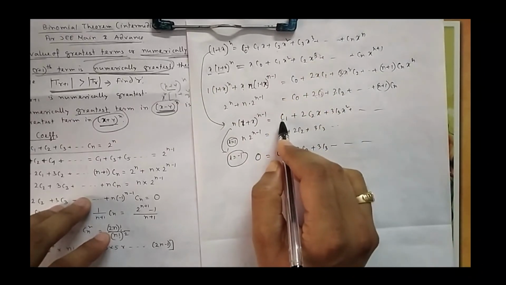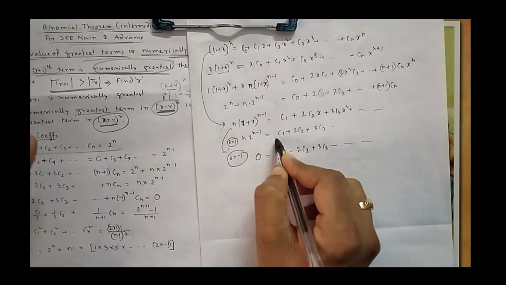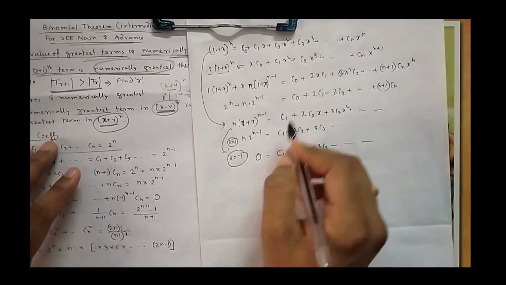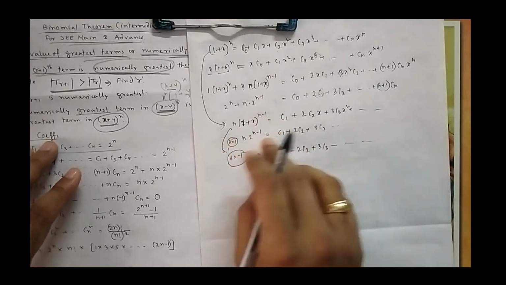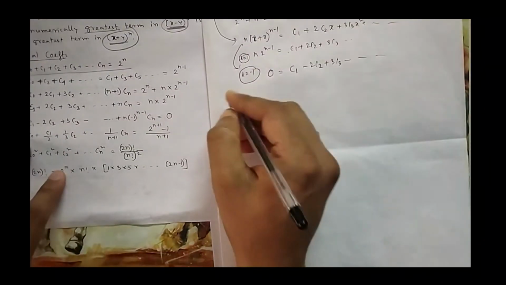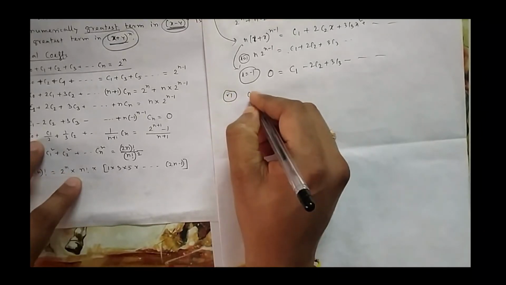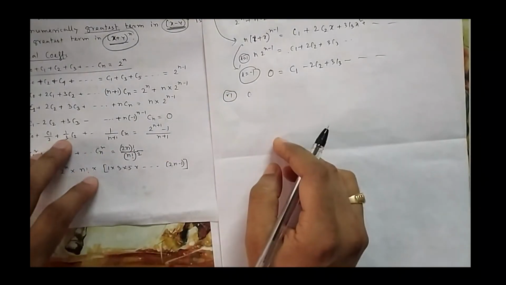Here before C1 it is coming only 1, so no need to multiply. Direct differentiation will give me C1. With C2 it is x squared, so if I differentiate, 2 will come. That's why I am differentiating here with a minus. Now if you see the fourth one, the sixth one, the coefficients are coming below.